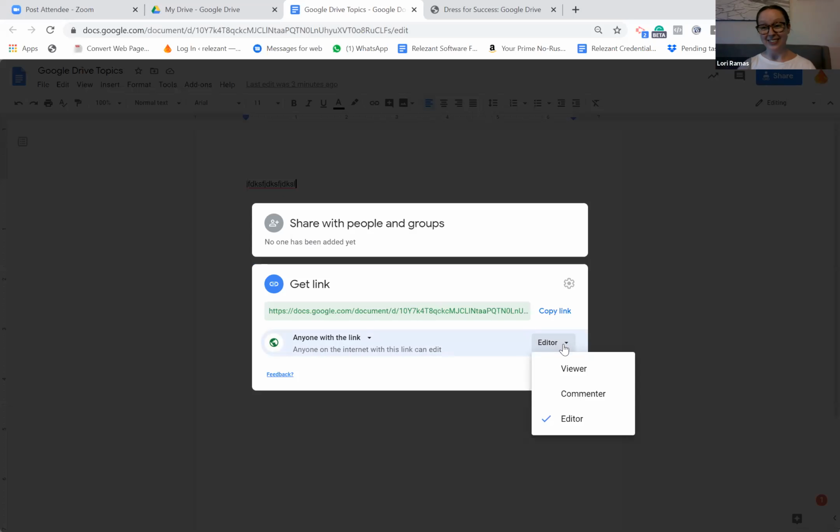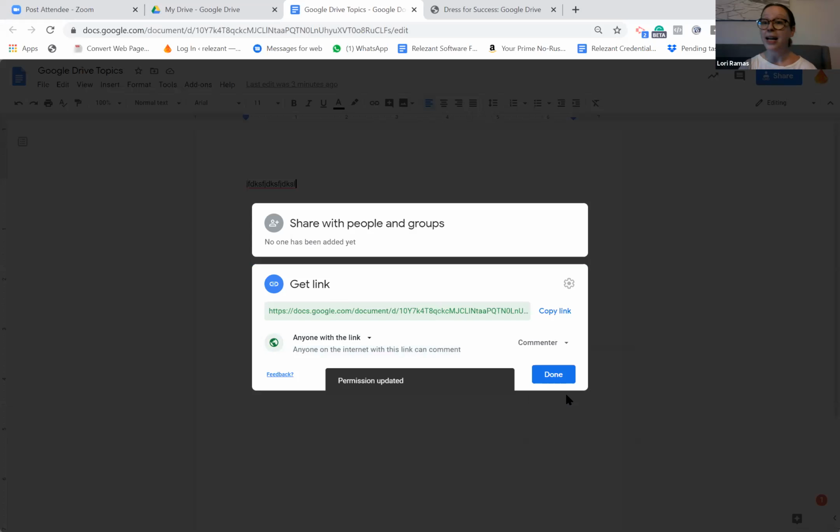Yeah, that's the good news too. So it's a good point. Like if you just want someone's feedback on your resume, but you're not really wanting them to change stuff around, commenter. Got it. Yep. And I use this all the time, like I said, in my organization because we do a ton of copywriting. And sometimes I'm acting as the editor-in-chief. I need full access. But sometimes I only need to really give track changes to my writers. So I might just be the commenter.